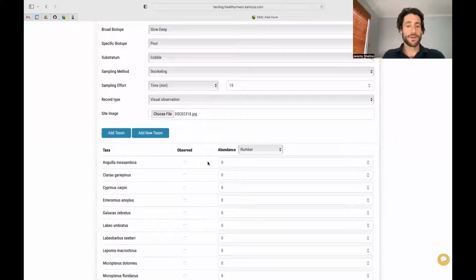So here we have a few columns. The first column is the taxa, and then whether or not the taxon was observed, and then the abundance of that taxon, which can be indicated by number, by percentage abundance, or by density. The list of taxa auto-populated by FBIS includes taxa that occur within the general area where the sampling site is located. So it's a nice kind of short list of likely taxa that will be included in your sample, but